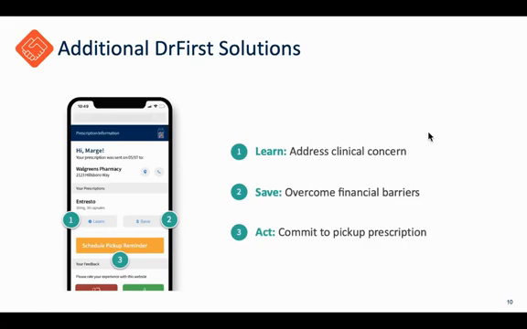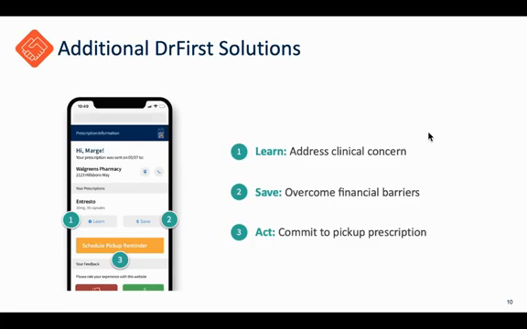We call it RX notifications, but essentially once a medication has been prescribed to a patient, we'll reach out to that patient, let them know that they have a script that was sent to the pharmacy for them with information on what the medication is, what the side effects are. If there's content like videos, we'll send those as well. Because